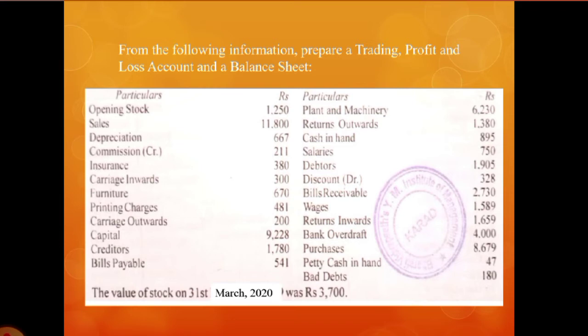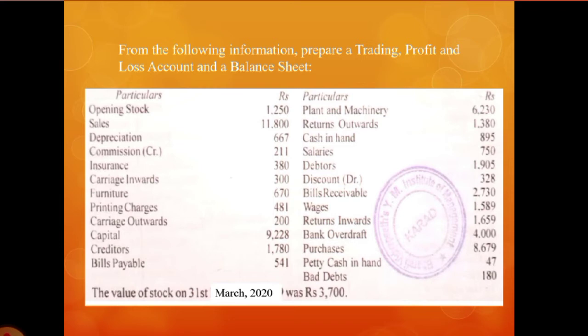Creditors are the suppliers from whom the business has purchased some raw materials on credit. So the amount is payable to these suppliers and therefore it is called creditors, and since it is a liability, it will be shown on the liability side of the balance sheet. Bills payable also are the amounts payable for credit purchases. So this also will be shown on the liability side of the balance sheet. Plant and machinery is a fixed asset of a business and it will be shown on the asset side of balance sheet.